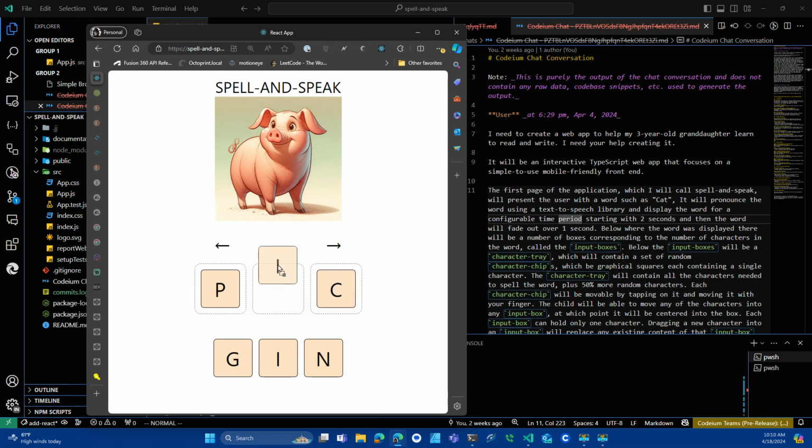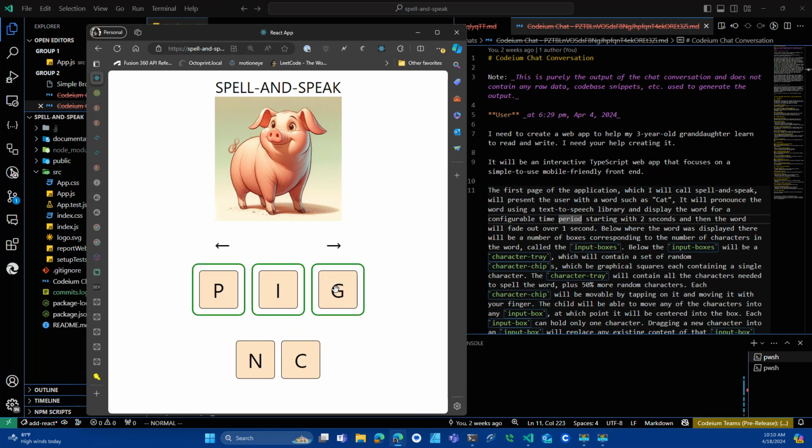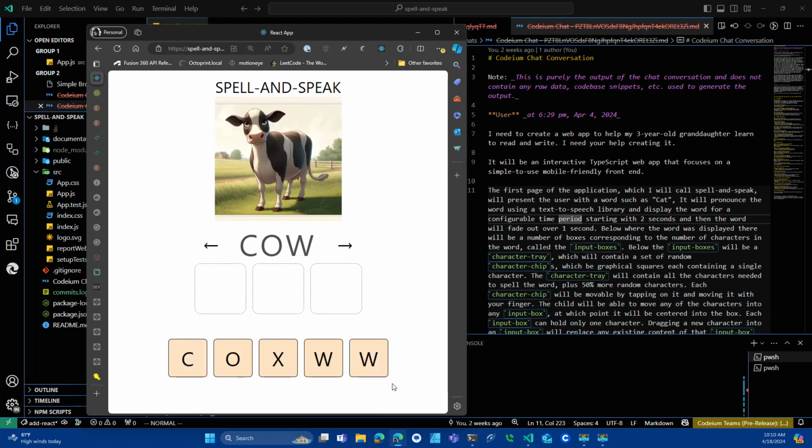how to sound out words. Like here's pick, that's not right. Let's put the pig, pig, and it works. Cow, okay, and then you go to the next word. So I wanted something like that, super accessible, kind of unbreakable, where she could tap on this. This is the basic functionality,